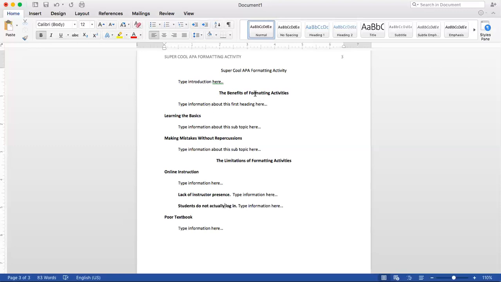Maybe I'm not very interested in the benefits of formatting activities. I'm just going to skip this first part. I might just read the introduction and then I'm like, I'm not going to read this whole thing. I just really want to know what the limitations are, right? This is really important. So I can skip right to this section. So these headings actually guide me to the information I want to know. They do a little bit of the work too for the writer, so they don't have to transition as much or rely on their writing as much because they're actually guiding their reader by